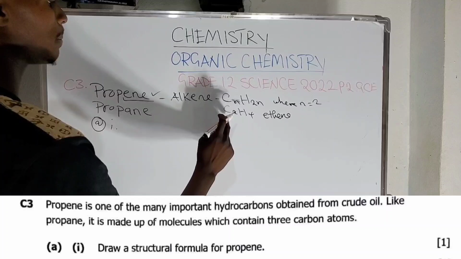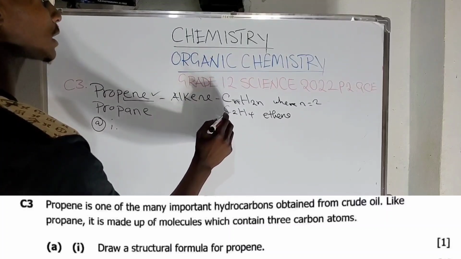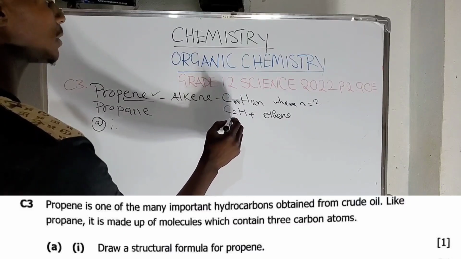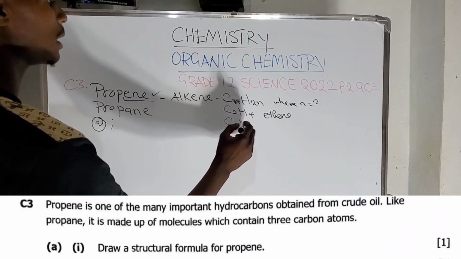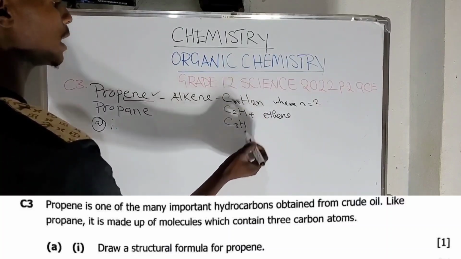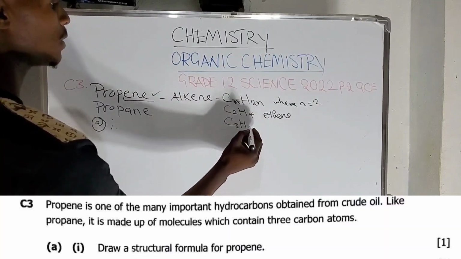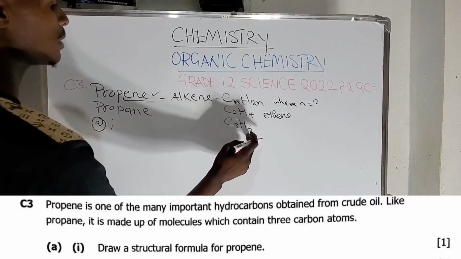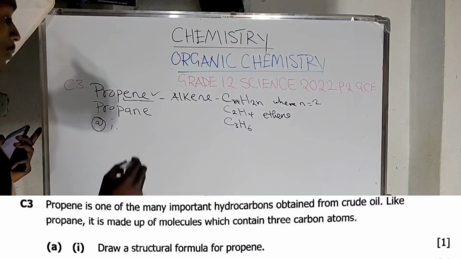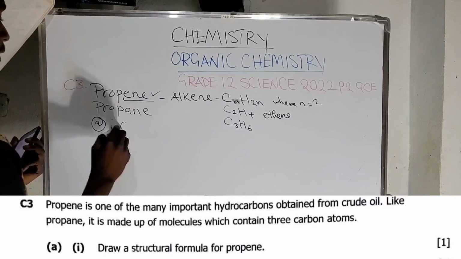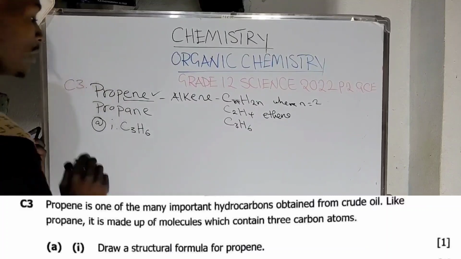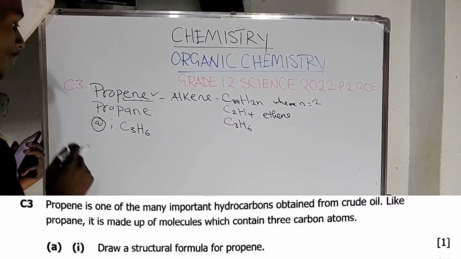A hydrocarbon with 2 carbon atoms is eth. With 3 is prop. So if you substitute 3 here, it will be 2 times 3, which is 6. And so this one is propene. So if the molecular formula is C3H6, then the structure formula will be,